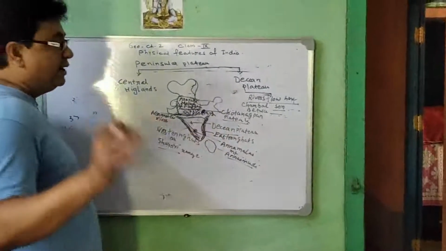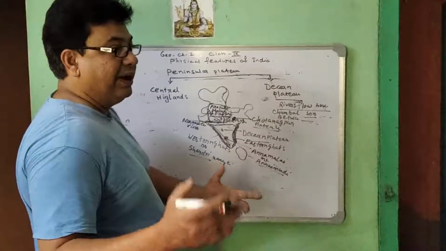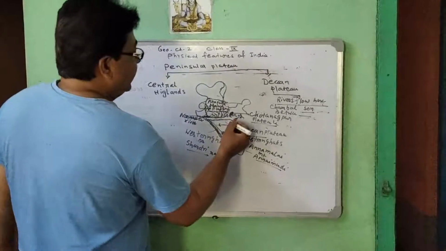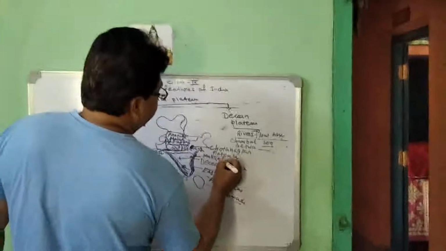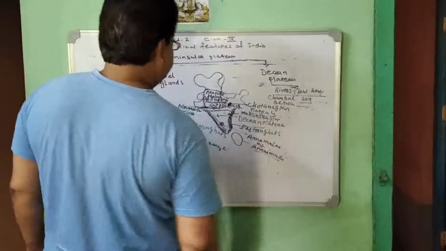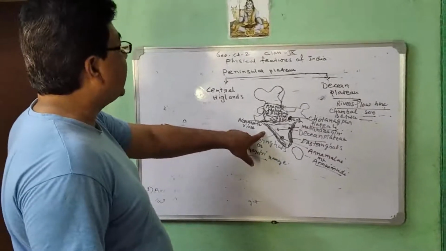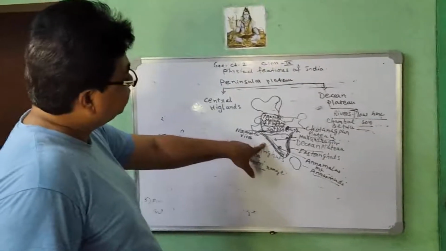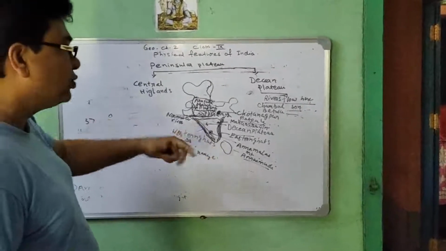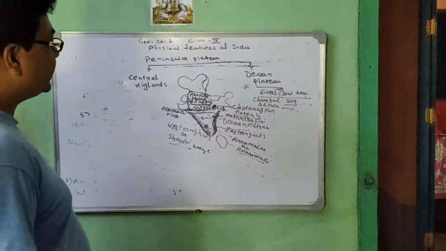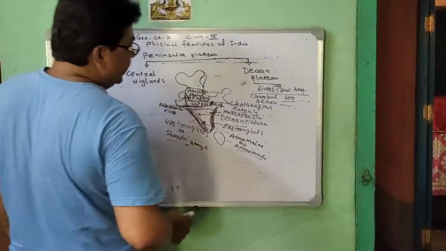And so many hills are there: Cardamom Hills, Nilgiri Hills. These are some hills of South India. On the other hand, in the Eastern Ghats, the highest mountain is called Mahendragiri. The Western Ghats are higher than the Eastern Ghats. They are the barrier of the southwest monsoon. The southwest monsoon enters the Indian subcontinent in this region. Because of the Western Ghats, tremendous rainfall occurs in this region.